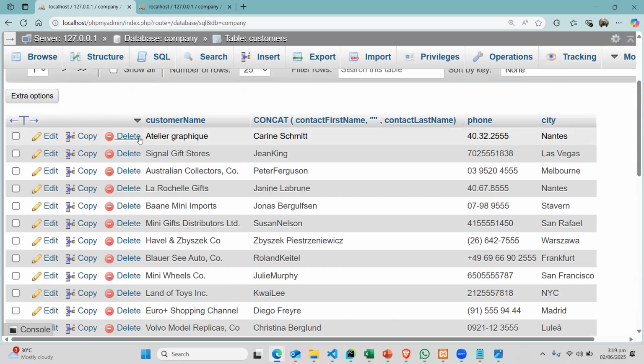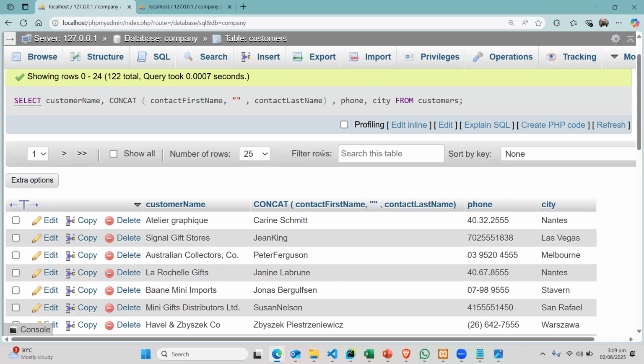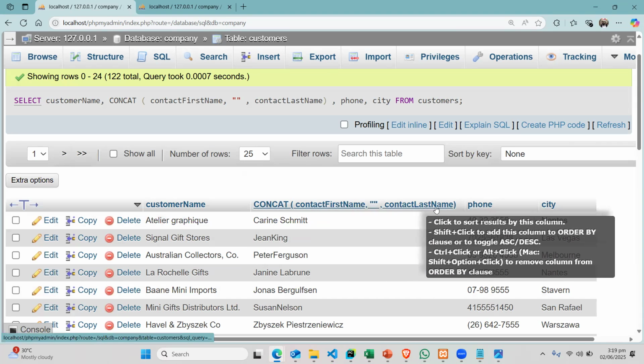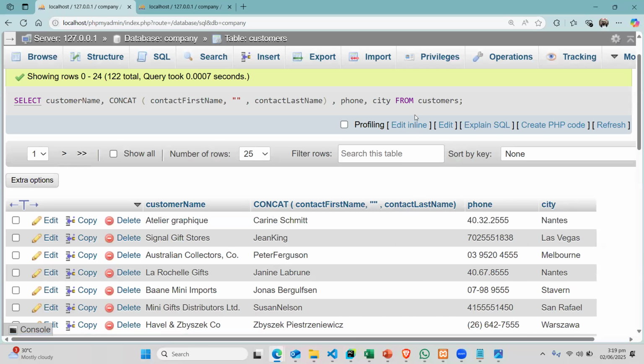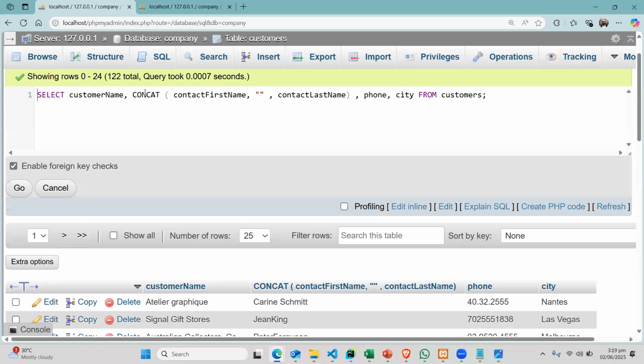So you can see that I have the company name, the full name of the customer, and then I have that and that going on. Now, over here, the label for the field is concatenate that and that. It doesn't make sense to what I'm doing. So again, I'll go and edit this and say